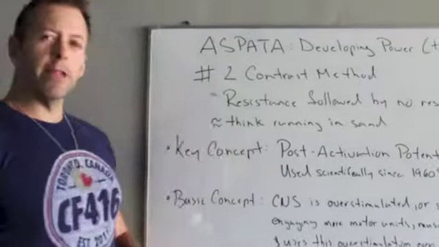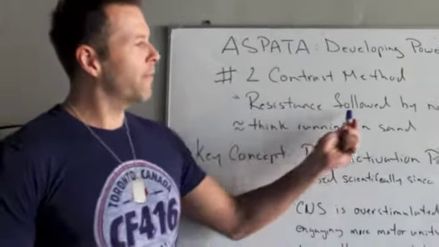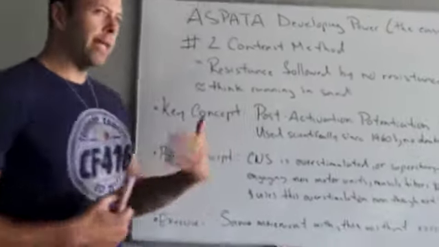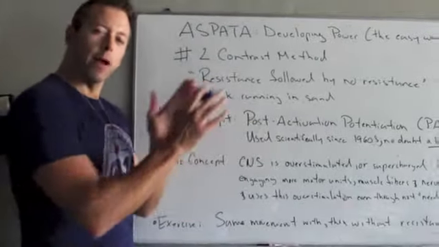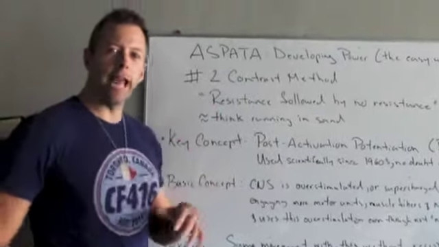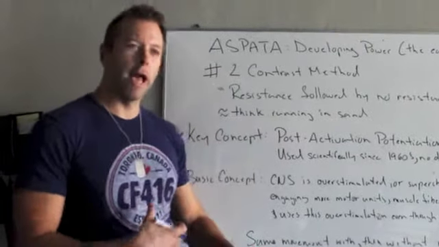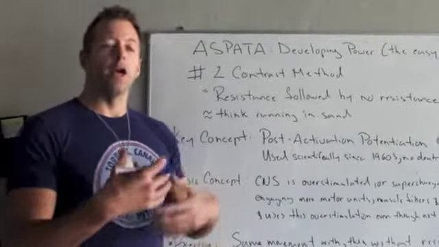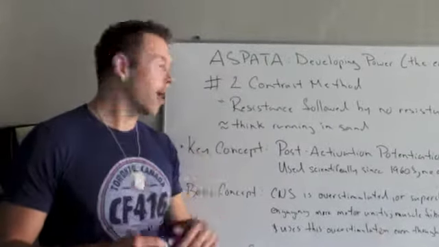Basically, you can really quite simply think of the contrast method as resistance followed by no resistance. One key concept you can think of is running in the sand and then running up on the grass. In the sand, you have a lot of resistance fighting against you. Your feet are sliding out of the way, and it's a lot harder to run through sand. But by running through the sand, you're activating a lot more muscle fibers, which is one of the key concepts